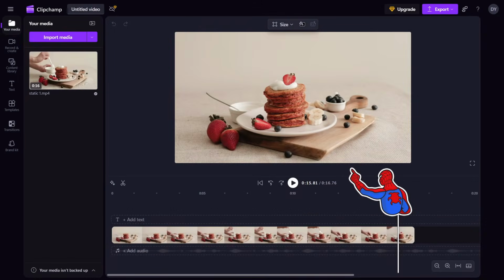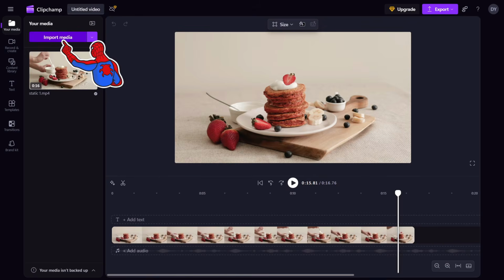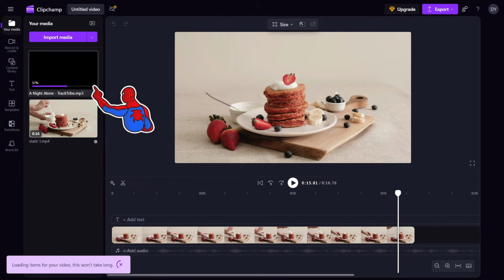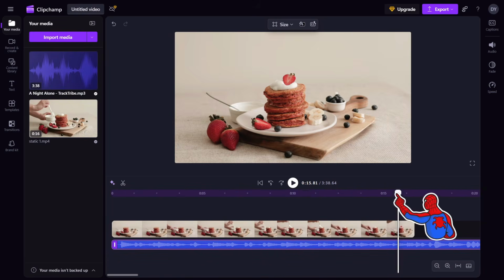Here's exactly how to add music in Clipchamp step by step. So if you want to add your own music, you can click on Import Media. Then you upload your music. Then you can drag it down to your video like this. And now when I play the video,